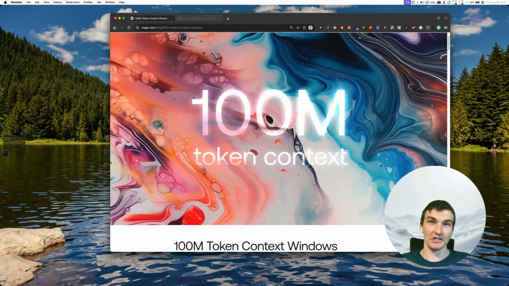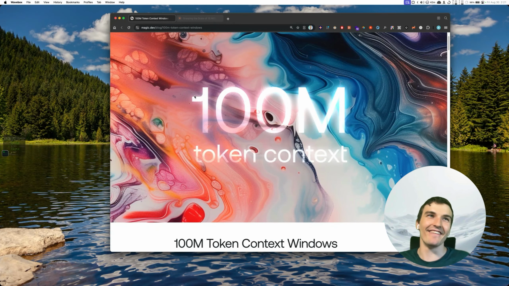Is RAG dead now? I mean, this is a small model right now, and it's also not released to the public, but this shows you where things are headed. We are not far off from our frontier models being able to handle this type of thing. And when that's a thing, do you need RAG? Maybe there are things that are bigger than 100 million context, but just to give you guys an idea